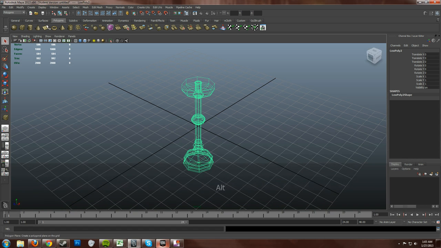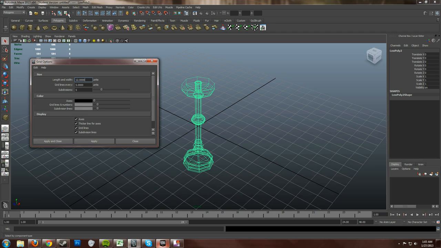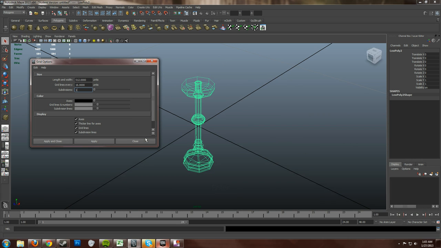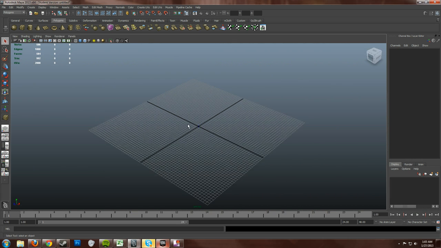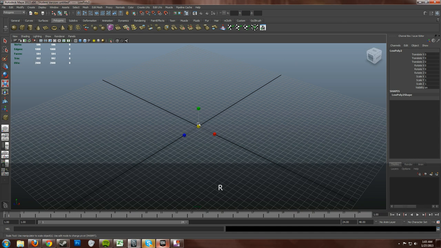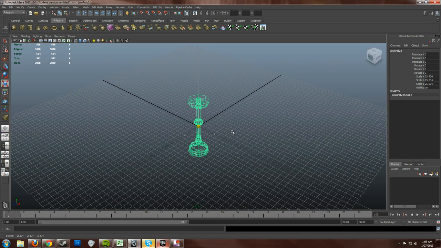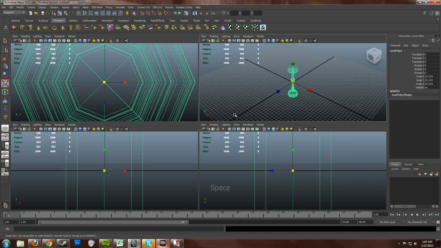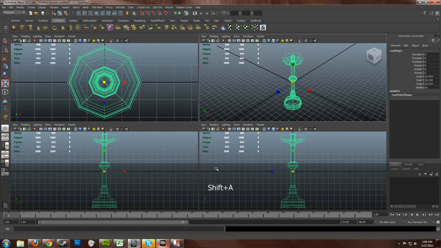First off, let's size our grid. Go to Display, Grid, Options box. Size this up to 512. And then let's do 16, 1, and then apply and close. Alright, now we're at UDK grid. This needs to be much bigger. Let's go ahead and just start scaling this up. Go into your orthographic view, Shift A, focus all,